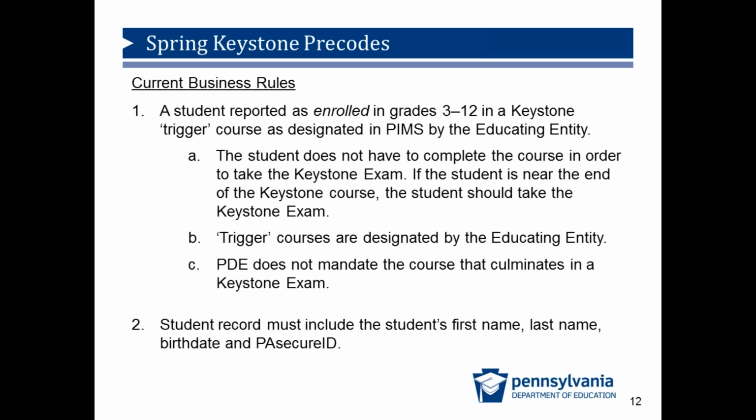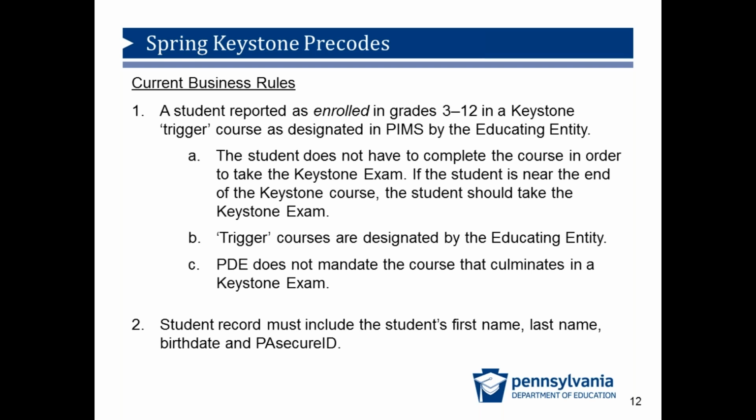We just talked about the accountability file, and this presentation is about the Precode file. But the two files are eventually matched, so it's important that the Precode upload passes the DQE rules. Records may be rejected because they do not meet the current business rules. Please refer to slide 16 for more criteria that are used to determine if a student record is included in the DRC file.